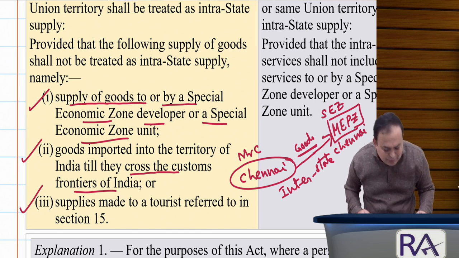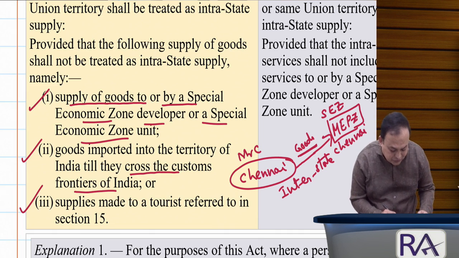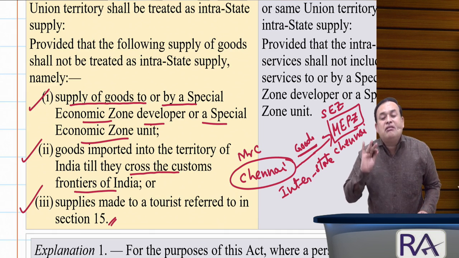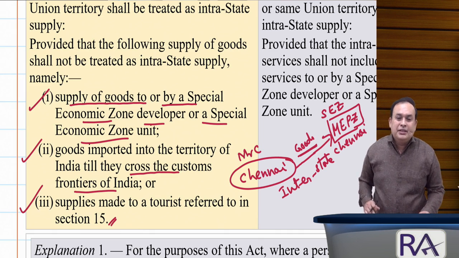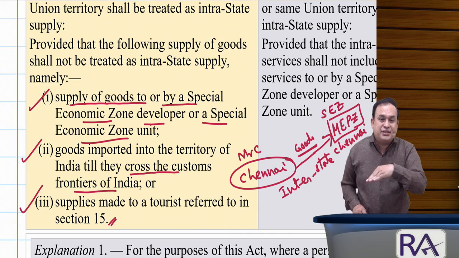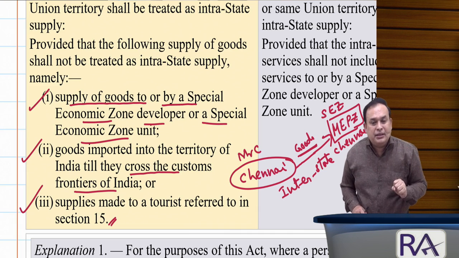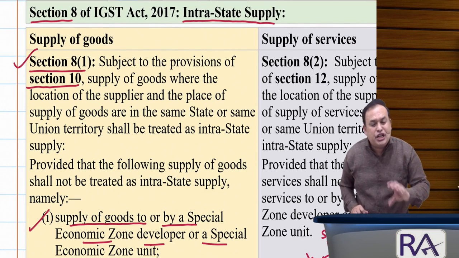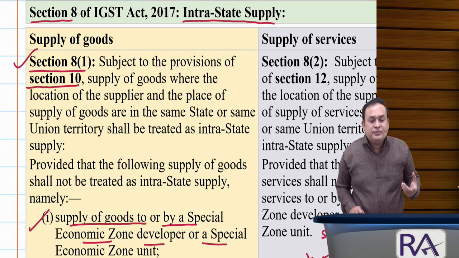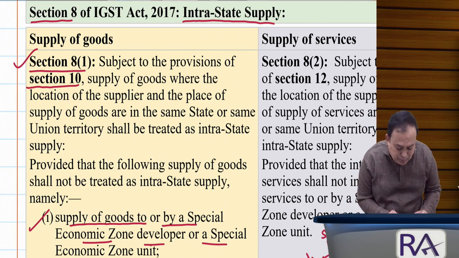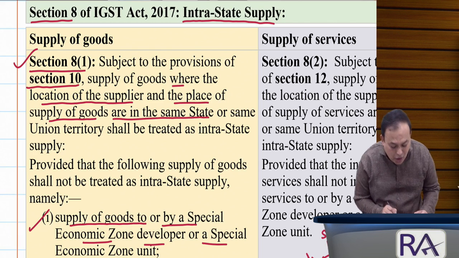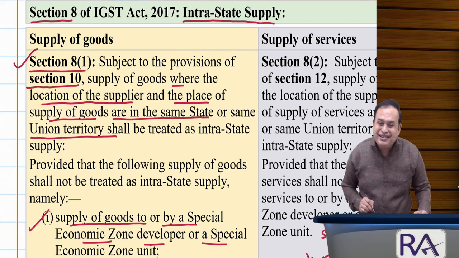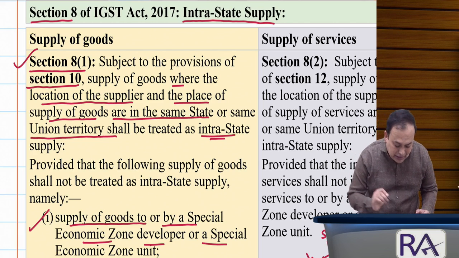Further, supplies made to a tourist referred to in Section 15 of IGST, not an intrastate supply. So, 3 cases. Exceptions from intrastate supply. What does Section 8 subsection 1 of IGST speak? Subject to the provisions of Section 10, supply of goods where the location of the supplier and the place of supply of goods are in the same state or in the same union territory shall be treated as intrastate supply, but does not include